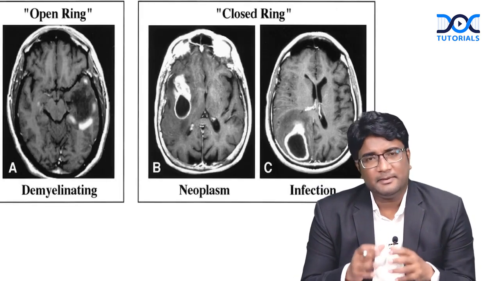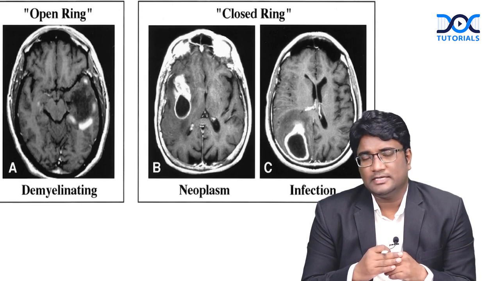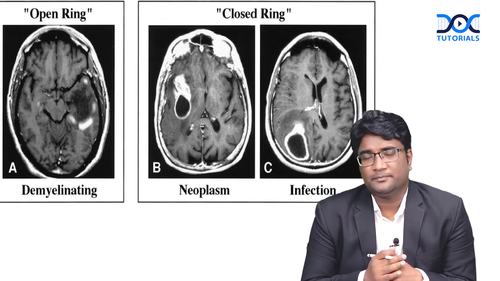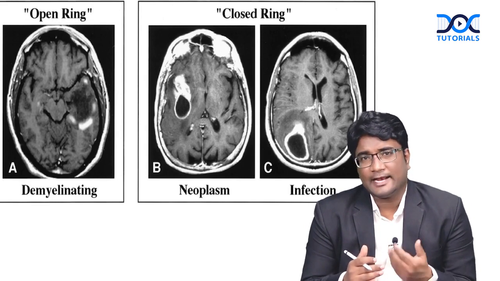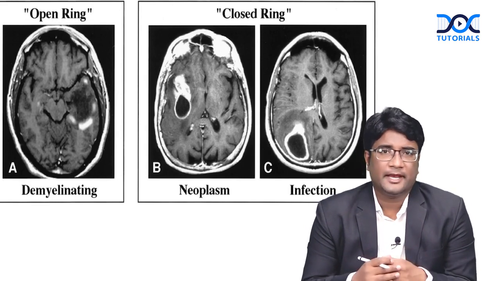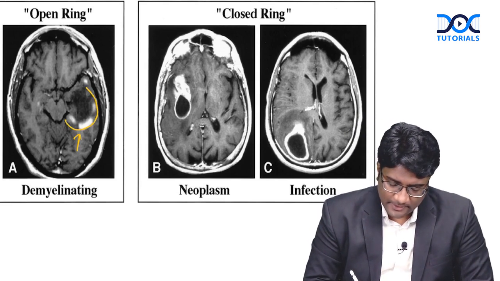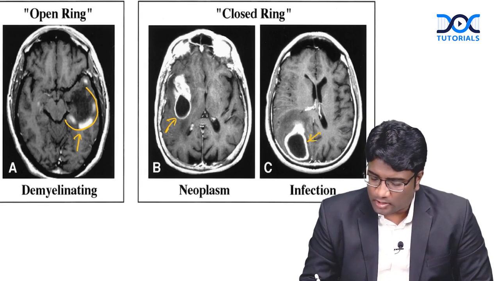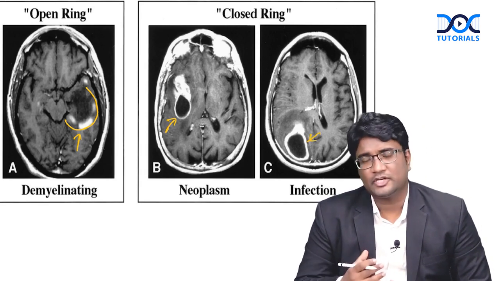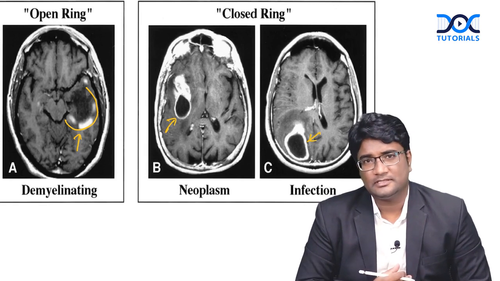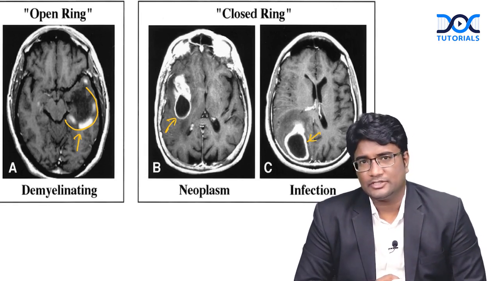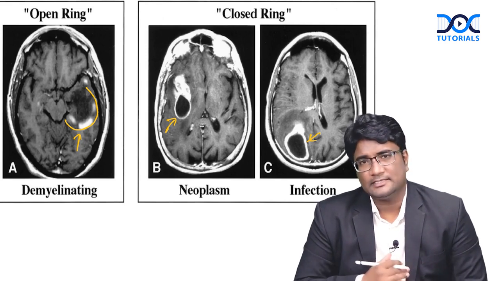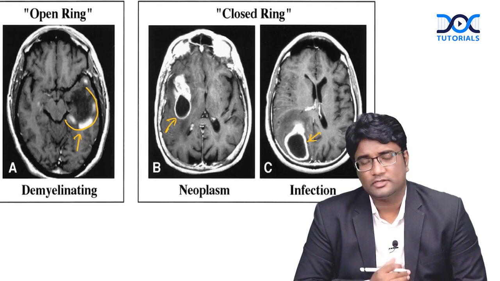Another thing to understand in multiple sclerosis or any demyelinating disorders is that you have an open ring enhancement, also called a horseshoe ring enhancement. So when we give contrast, and if there are these active lesions of multiple sclerosis in the brain, you will see this open ring enhancement or horseshoe enhancement in the brain. You can see here, these are closed ring enhancing lesions, like in infections, metastasis, abscess. So open ring suggests demyelination, whereas closed ring suggests neoplasms, abscess, infections. There are various causes of closed ring.